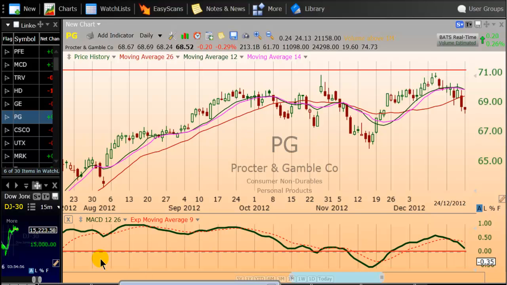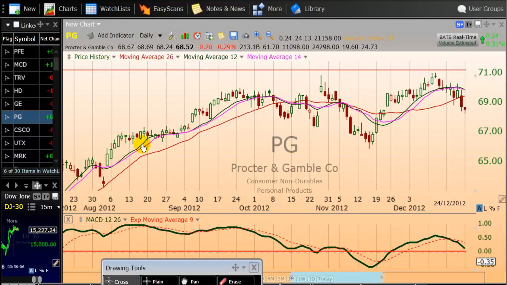Now, you can see here, whenever we see two moving averages, one above the other, we are not looking at two moving averages, we are looking at the difference between the two moving averages. So for instance here, the 12 above 26, we are checking the slope of 14 because the difference between 12 and 26 is 14. So MACD